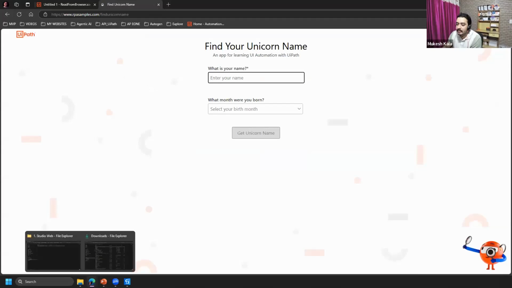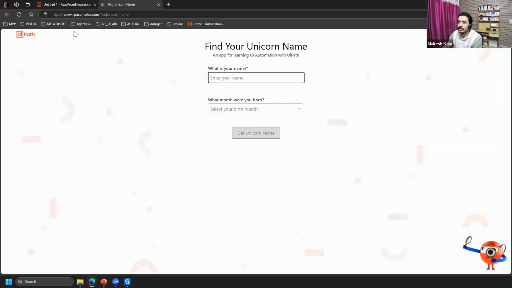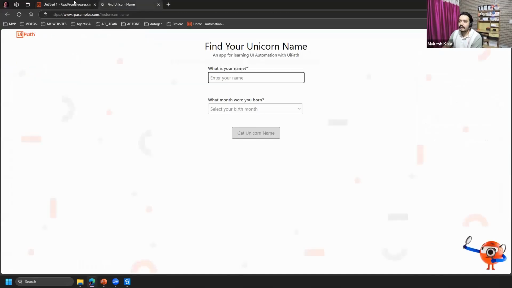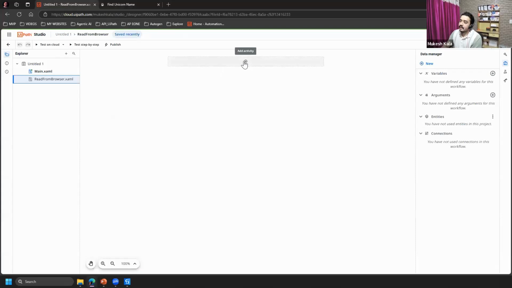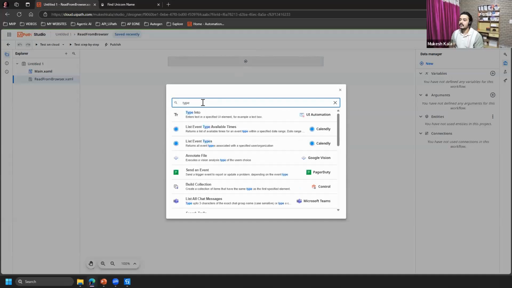Let's try to do that. So maybe I'll go and I'll close this one. Okay. So here into the read from browser, again a new XAML. This is my find unicorn and I want to type something on this, right? Let's say my automation has a requirement. I want to type something. I can just go here, click on this plus button. And what do I want to do? I want to type. So I just search here type, and you can see here I have got a lot